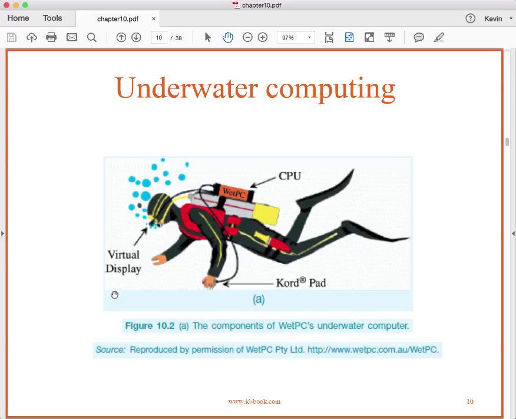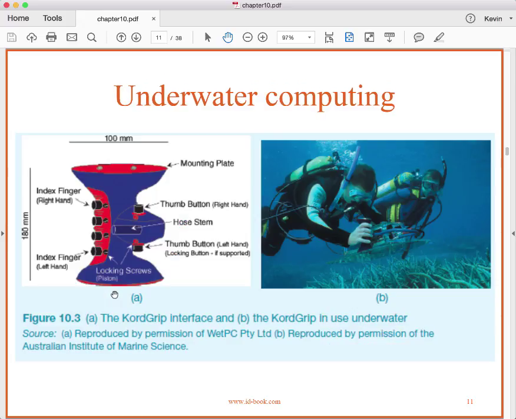Let's see. The cord pad is, I think, input. The virtual display, which is in the mask, is output. And the wet PC is processor. And here's the cord device. And as we can see, it has something for the index finger of the right hand, the index finger of the left hand. We have all these kind of buttons and such that allow us to